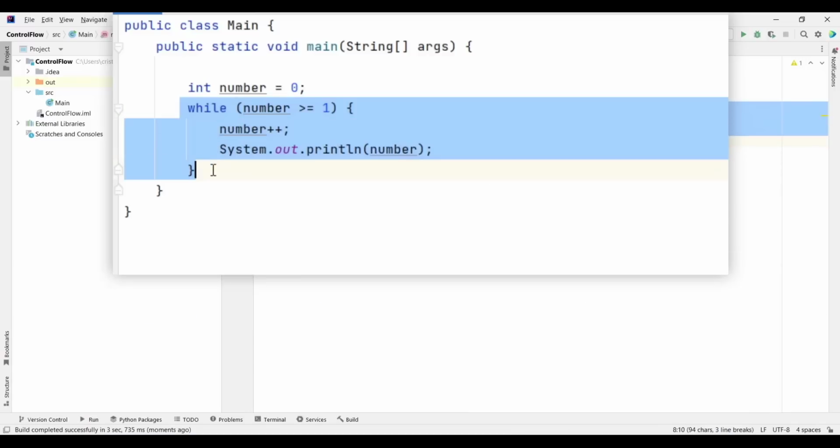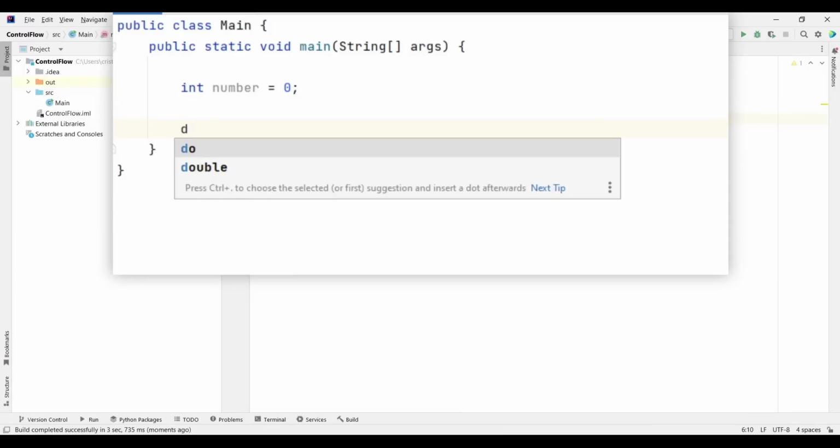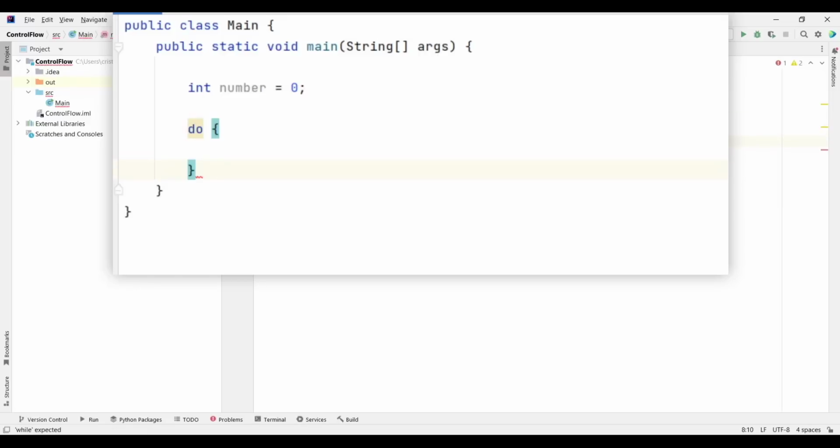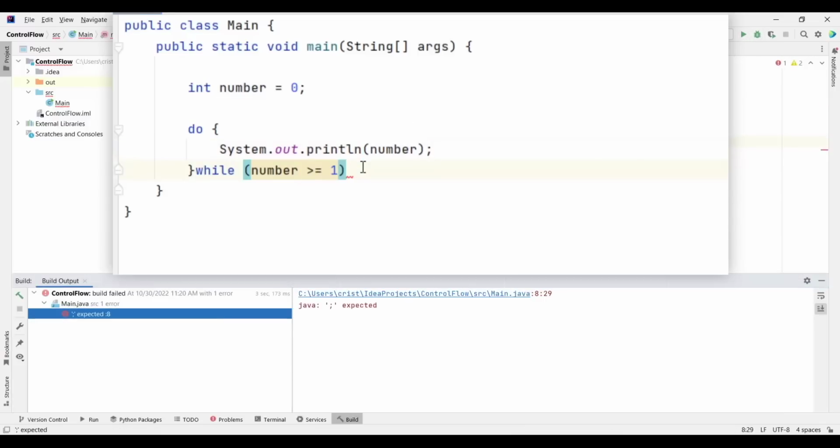But with a do while loop, if I type here do, and at the end of the right curly brace we type while, and you put number greater than or equal to 1, and we put SOUT here, number. Now this is going to output at least once the value of the number, because I forgot the semicolon there.